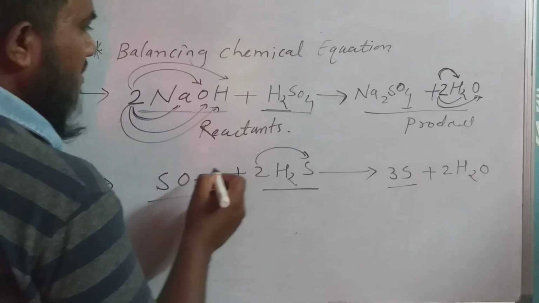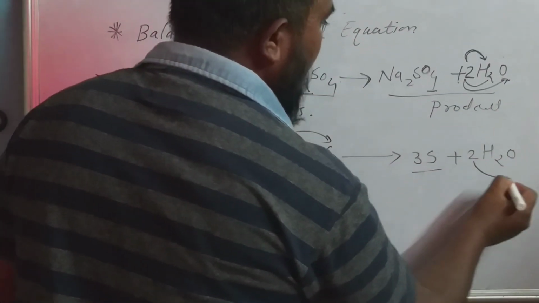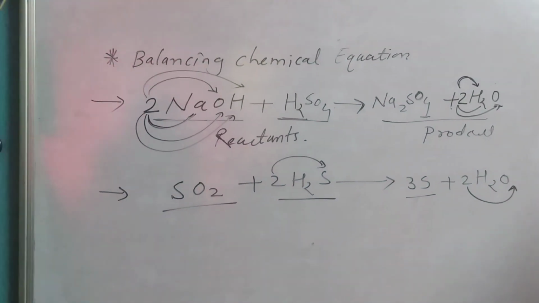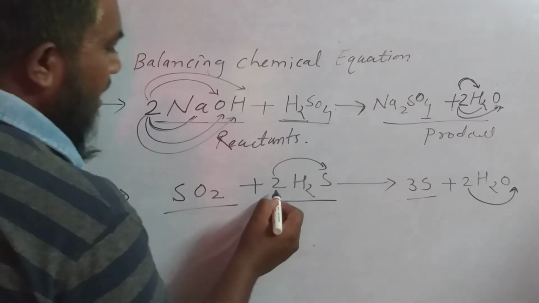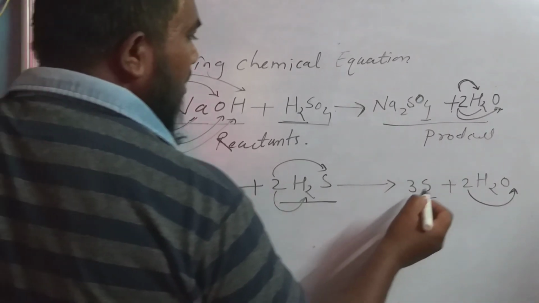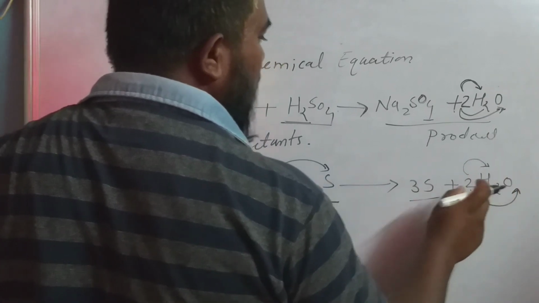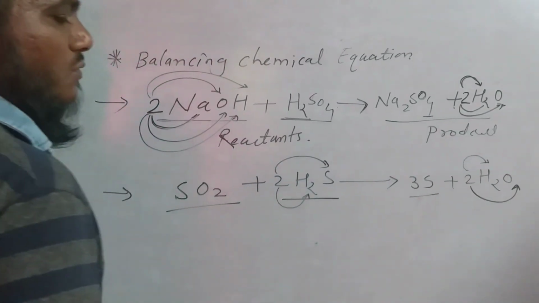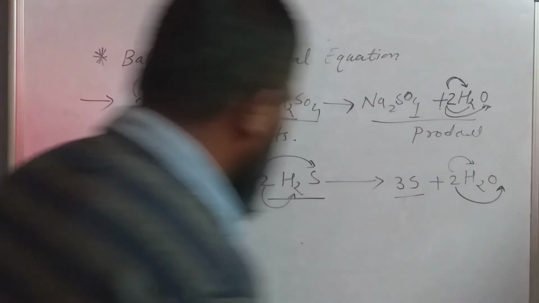Now oxygens are 2, that means this 2 will multiply with this oxygen. Now hydrogen, how many hydrogens are there? 2 2s are 4, that's why this 2 will multiply with 2 hydrogen and becomes 2 2s are 4. Another example is given here,